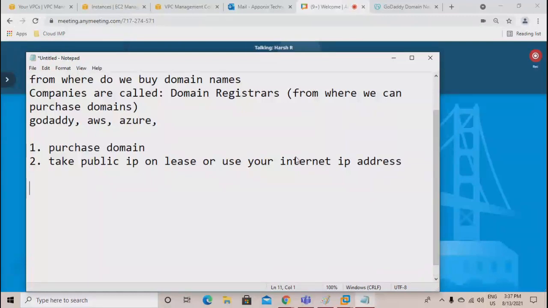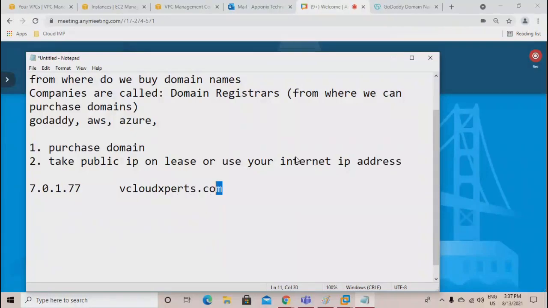So let us say you are buying a domain IP 7.0.1.77, and then you have purchased a domain name. Okay? So it is vcloudexperts.com.